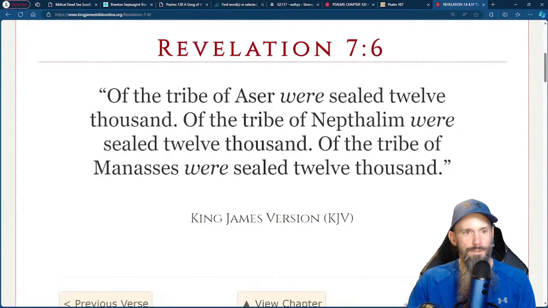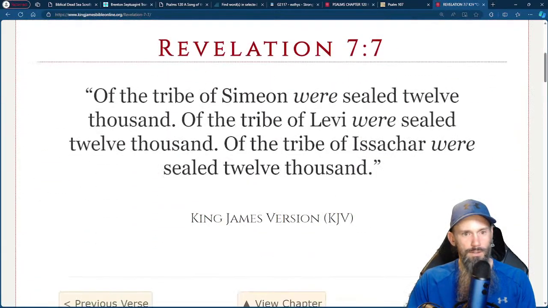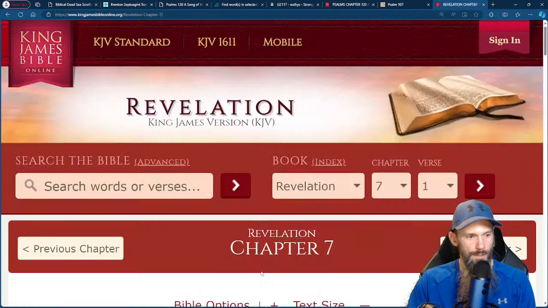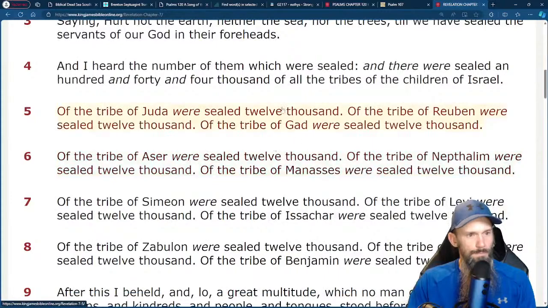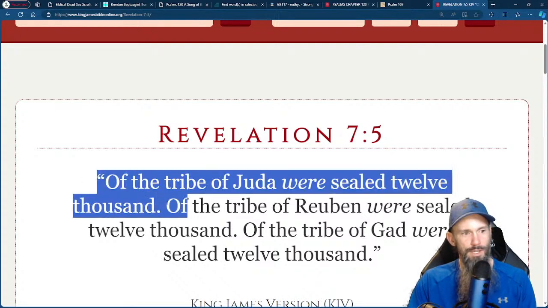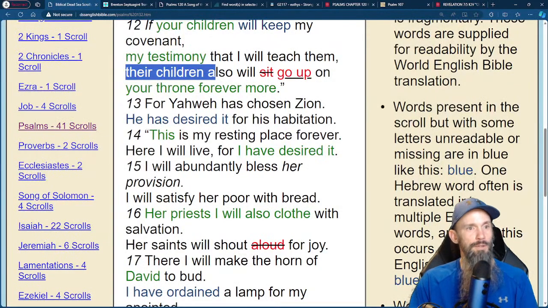And you'll notice, where's it at? Yep, here we go. Who's David from? Revelation 7:5, of the tribe of Judah were sealed 12,000, of the tribe of Reuben were sealed 12,000, of the tribe of Gad were sealed 12,000. So there's 12,000 of Judah sealed at the end. I don't know if that has anything to do with it, but